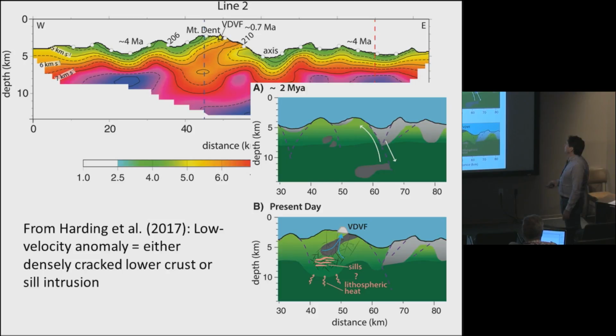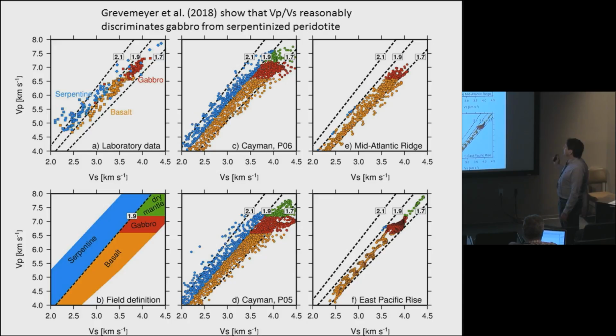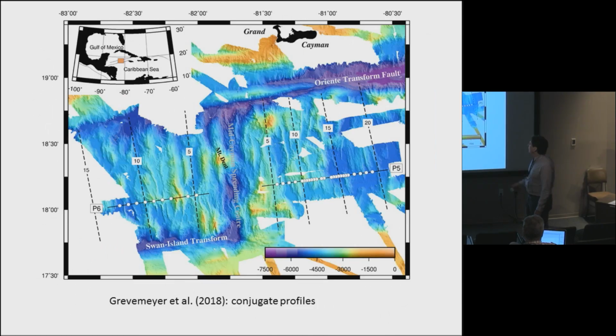So it's very consistent with the P-wave tomography, and that's from Jenny's paper. She's doing her PhD with me on this. I won't go into details other than to point out that our problem is that as you get into these mantle P-wave velocity anomalies, you start getting perilously close to the P-wave velocity for crust. As geophysical types, we always worry about this, and that's why sometimes it's nice to have Vs shear wave velocities where you can discriminate between, say, serpentinized mantle and more gabbroic rocks. We weren't able to do that on the main axis, but this is a very important result when we